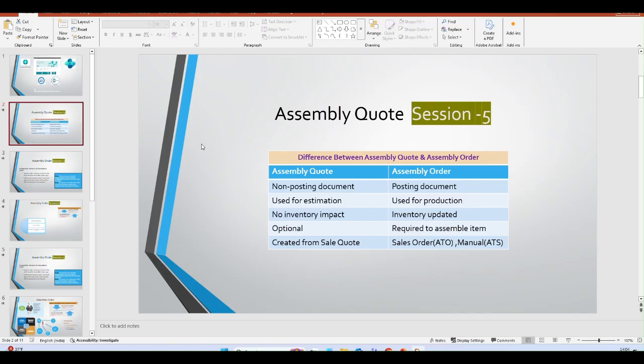order. An assembly quote is basically created from the sales quote, and it is useful when we are getting an order from the customer and we have to define the quotation of the sales quote, as well as finalize the pricing and the availability of making an assembly kit. Suppose there is a component item that is not currently available and we need to use a substitute; based on that, the price and cost will be different.